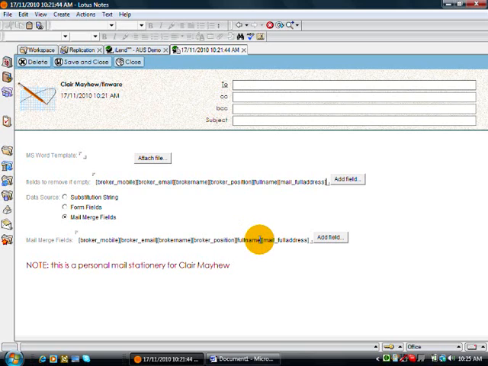So I actually need the full name for the client. What you'll see here is that the mail merge fields have brackets around them. You need to copy the information in between the brackets, not actually including the brackets themselves. So I'm going to select and highlight full name,